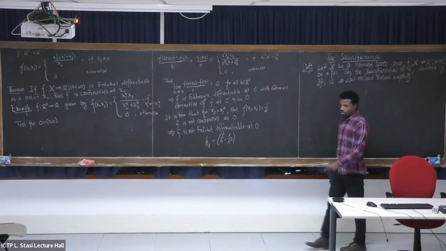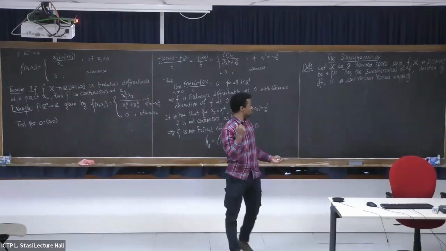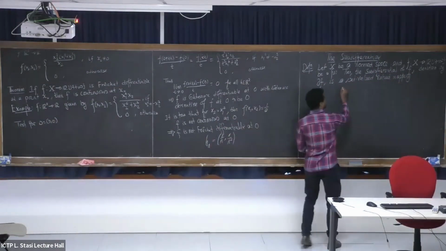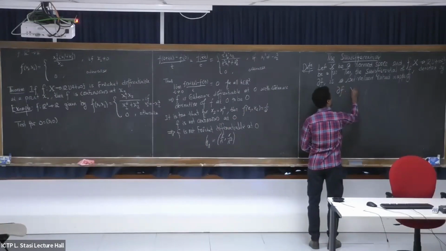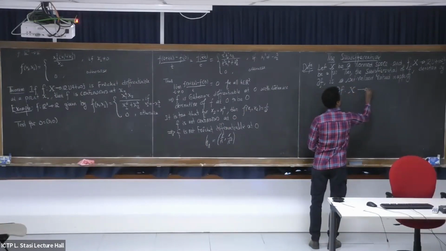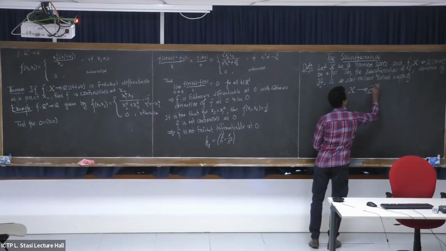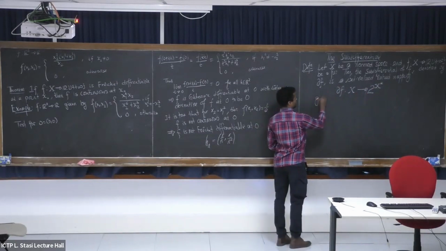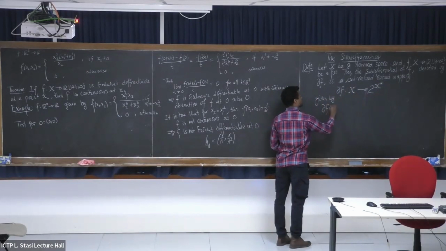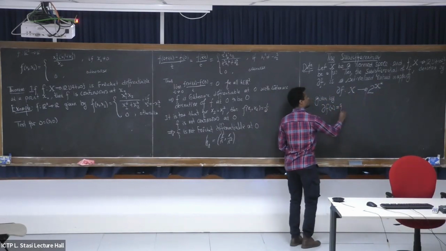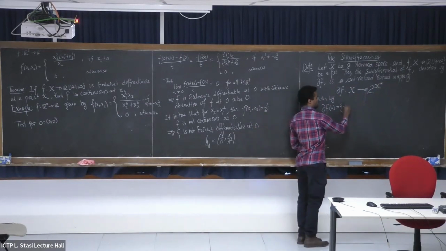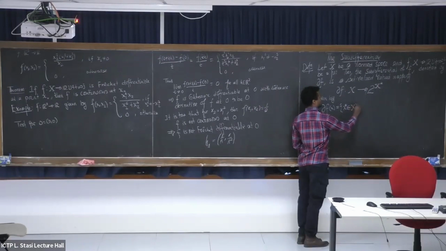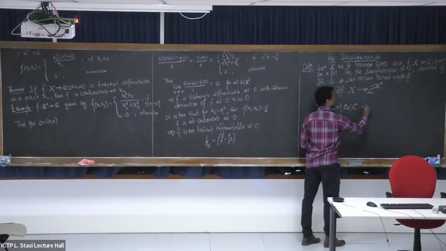What kind of set valued mapping? A set valued mapping from X to the power set of its dual, that is from X to the power set of the dual space of X, given by: the subdifferential of f at a point x in X is the set of linear functionals, the elements in the dual space, such that